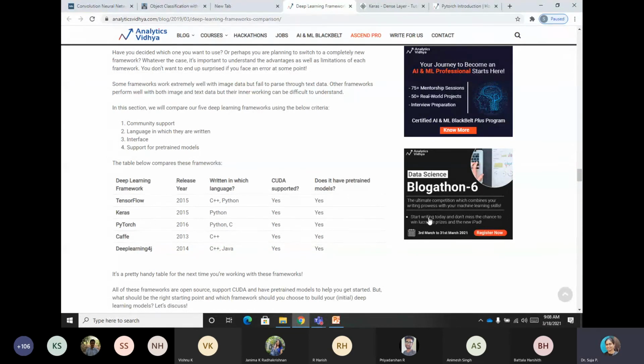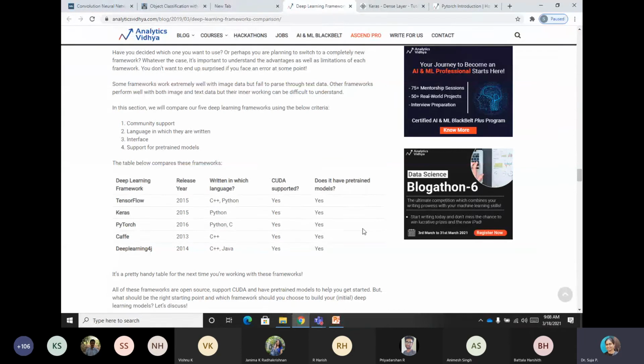And then a comparison between all these frameworks is given, including in which language they are developed. TensorFlow is by Google. So all these are supported by CUDA. Yes. So it has the CUDA library. If you are trying to go for an NVIDIA Jetson Nano or any GPU cards, then it will get supported.